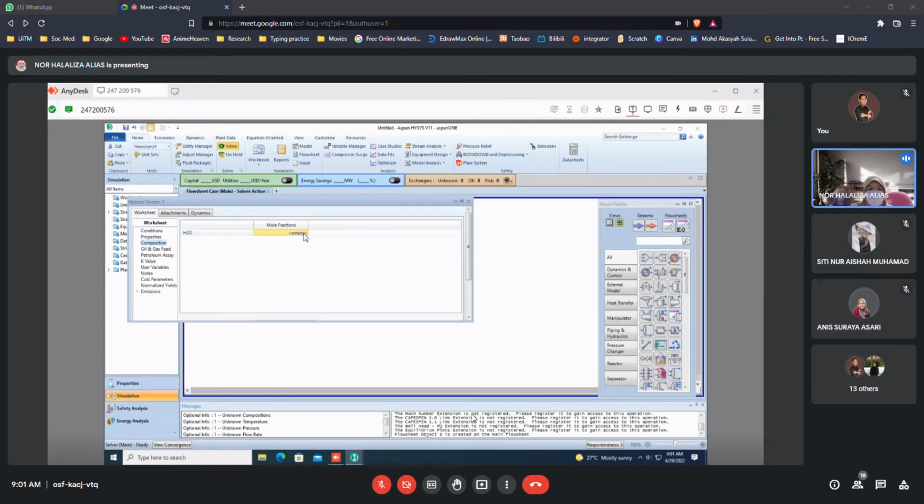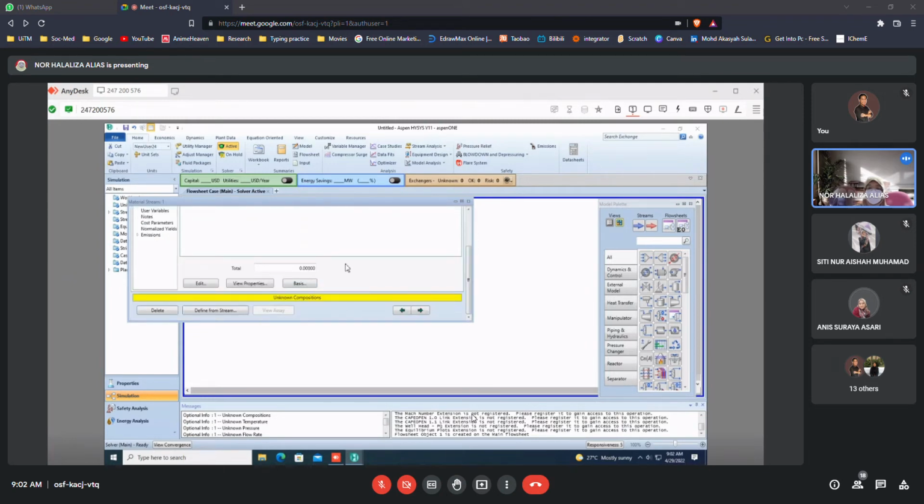So what is the mole fraction? Okay, here is the rule. Usually we won't use mole fraction by default; we will use mass fraction, unless the question gives you mole fraction, then only you choose mole fraction as the basis. But for this case, it doesn't mention anything about mole fraction, so by default we will change